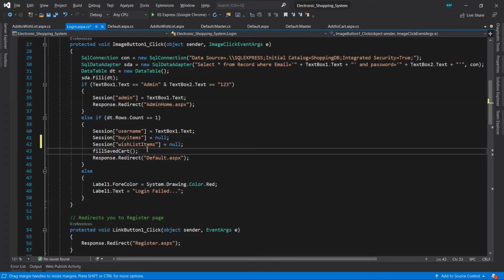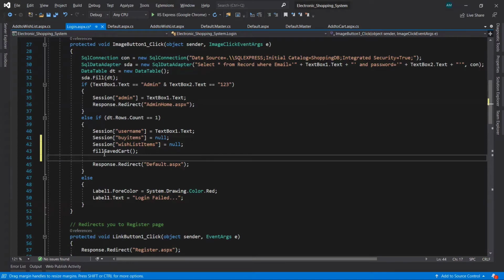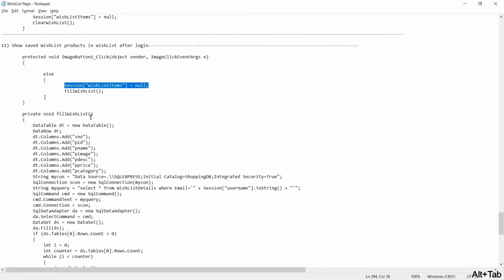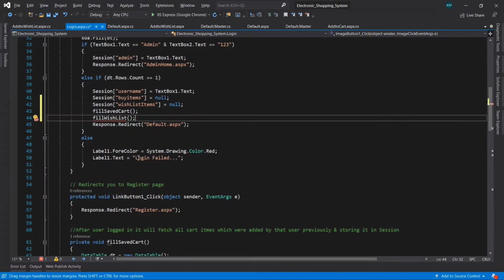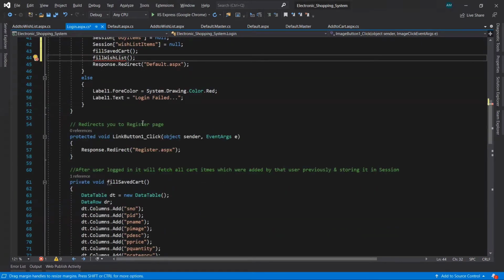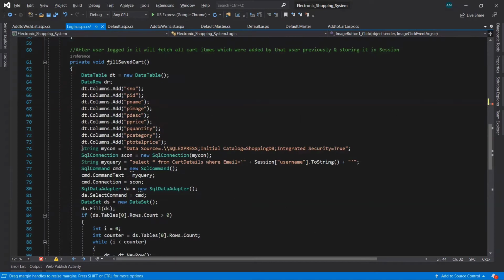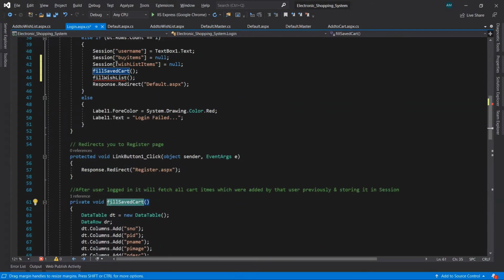Now after that we have to create a new function and call that function. So we are calling that function here. Now we need to create that function as well. After the function FillSafeguard, we are going to create this function FillWishlist.